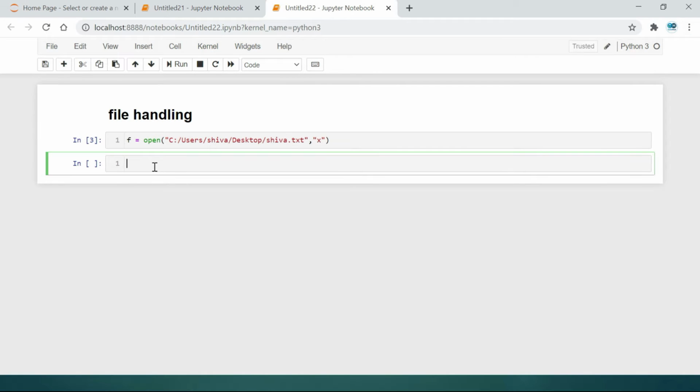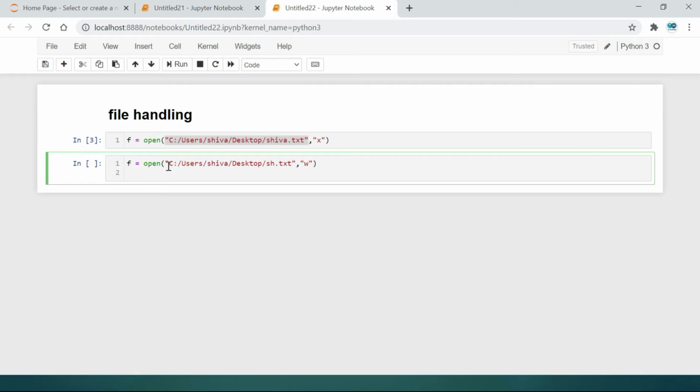We have to create one more file like F equals open. I want to use the same path, meaning the desktop, within the parenthesis, and the file name should be changed to sh. The mode will be W. Here I want to write something.